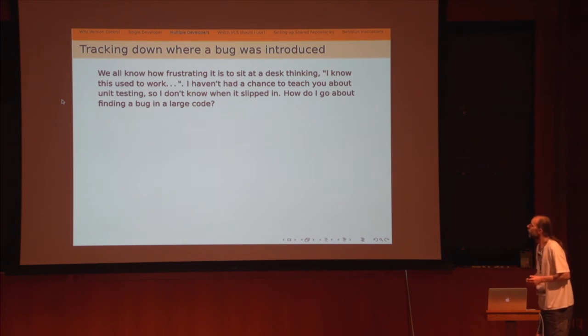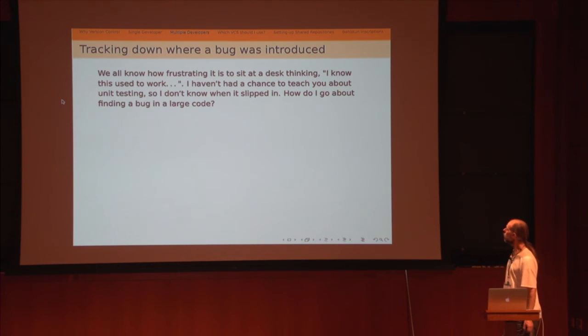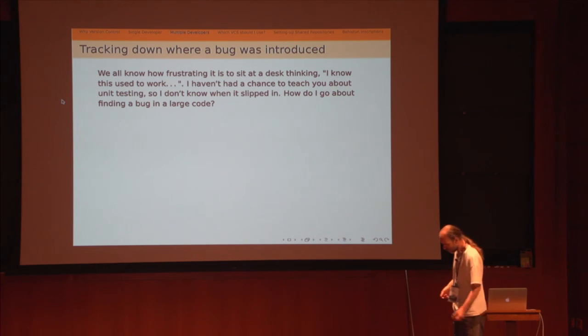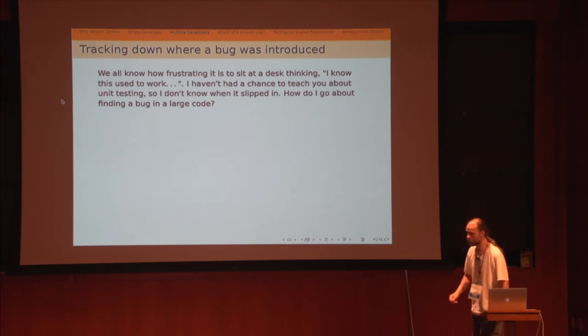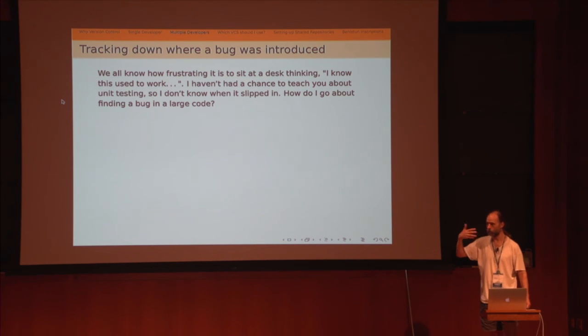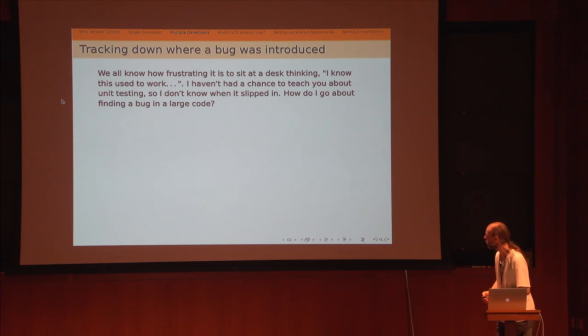Now, here's another more interesting use of Git. This goes significantly beyond copy-b. We all know how difficult it is when something is broken and you don't know when it was introduced. In the real world these days, you do that via unit tests, so you make sure that things get tested every time you compile. That's actually quite hard to do. I may get a chance to say more about it. But you still get to the situation that at some point you know you broke it. This used to work, it doesn't work now. What am I going to do?